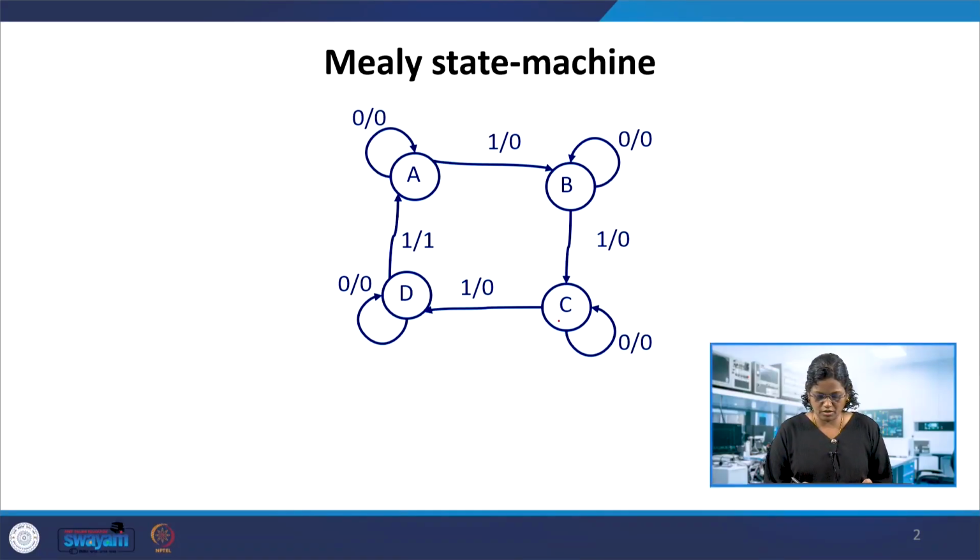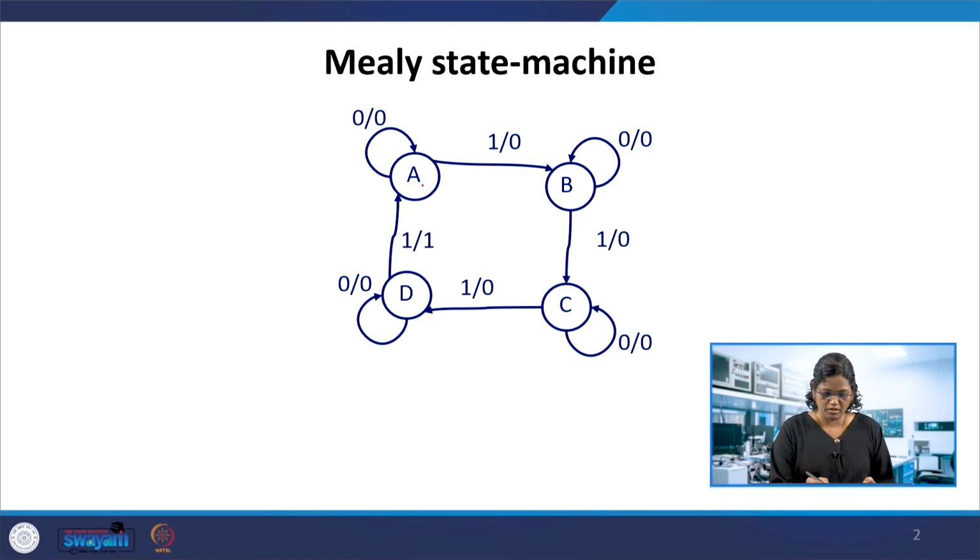So here, the previous example of Moore state machines and the Verilog module we had taken, and then seen the states moving with respect to the clock and the input from one state to another, and what is the current state output in the Moore machine. So in the Mealy state machine, the example which we took is shown over here.